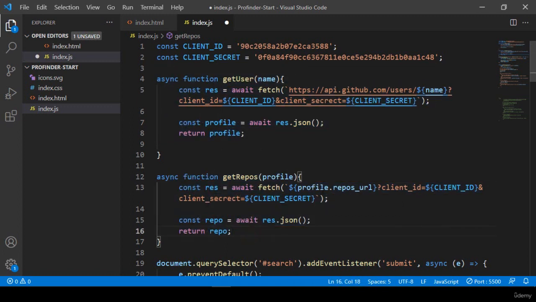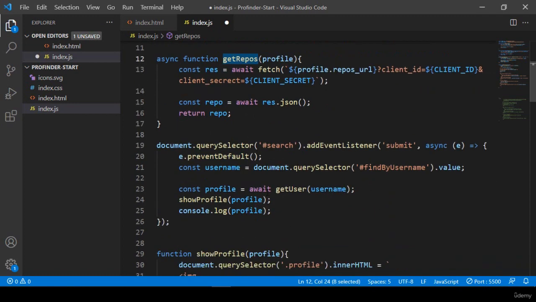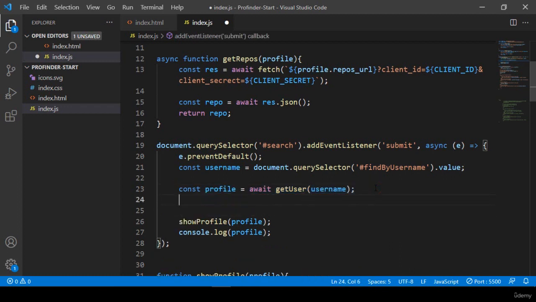I hope, friend, it's very clear to you what exactly I have done in that particular position. Now I want to call this method, so that I get the user data perfectly. After that, I want to take another constant variable and name it repos, which will be the same as the await. With this await, I want to call